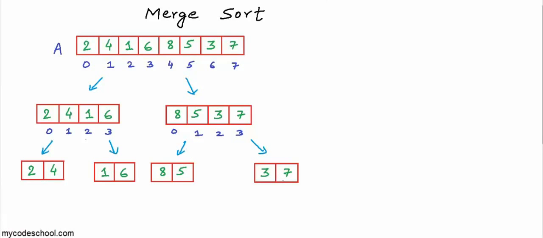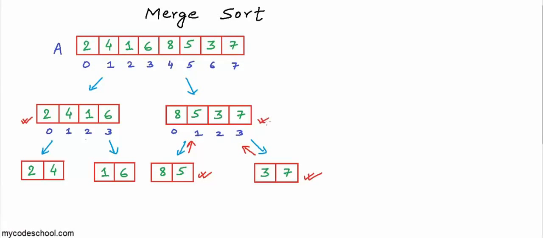The solution for 2, 4, 1, 6, this particular sublist, can be constructed after we sort these two sublists 2, 4 and 1, 6 and merge them back. And similarly we can sort these two sublists and merge them back to sort this 8, 5, 3, 7